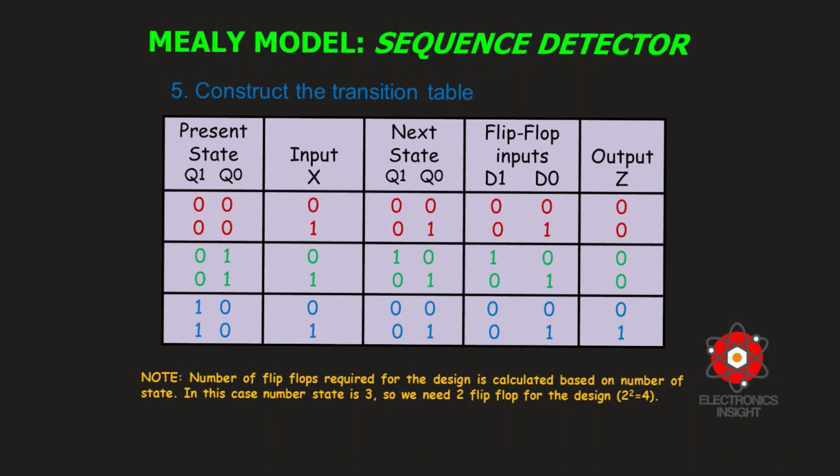For a D flip-flop, you will require 1 input, 1 output. Output you know. Okay. But what are your inputs for the D flip-flops, D1 and D0? Because you will require 2 flip-flops. So for the D1 and D0 to fill the flip-flop inputs, you will check for the next state. Q1, Q0 is 0, 0. The same thing. Whatever is there in Q1 is going to be there in your D1. Okay, flip-flop inputs, no. So whatever input you're going to give, the same only will be reflected in your